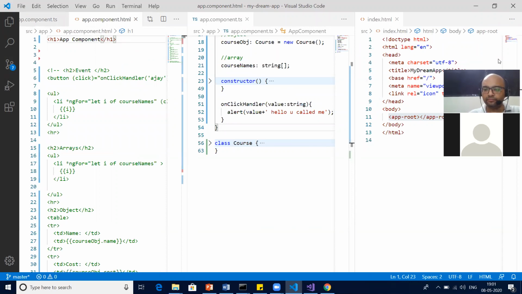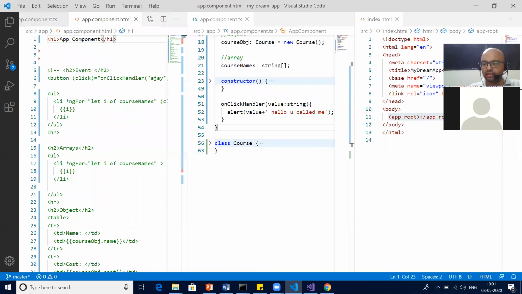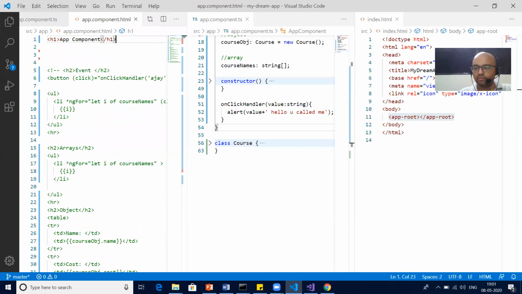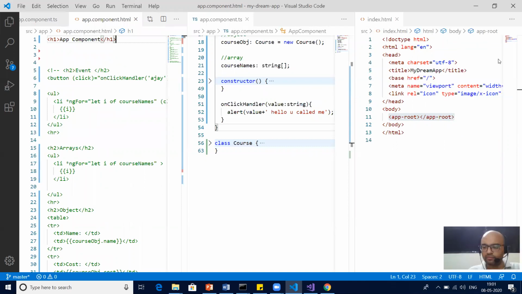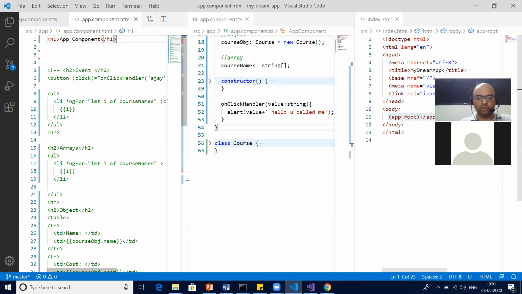Let me annotate and show you the flow. Although you have already seen it, one more time. In the index file, when index.html gets loaded in the browser, it will call your app component.